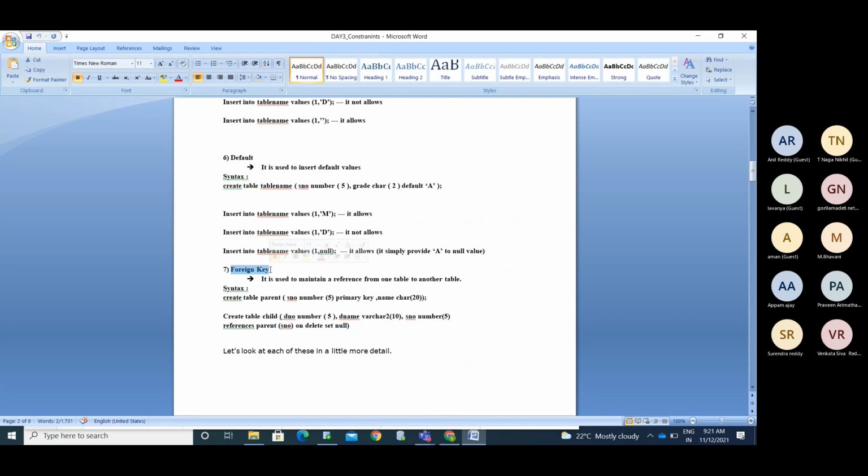If you want to build a relation between two tables, we use the foreign key constraint. To define that, any child has only one parent, not more than one. One parent can have many children. So there is a one to many, many to one relation. Parent to child is one to many. Child to father is many to one.